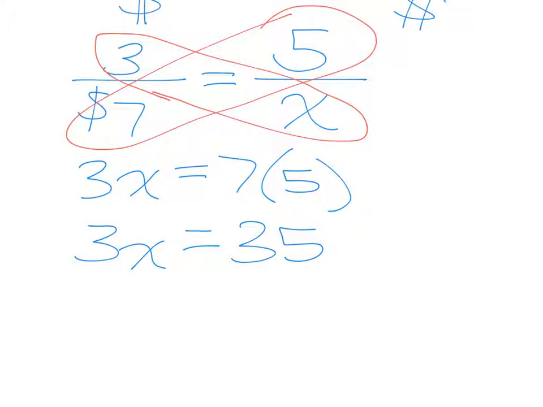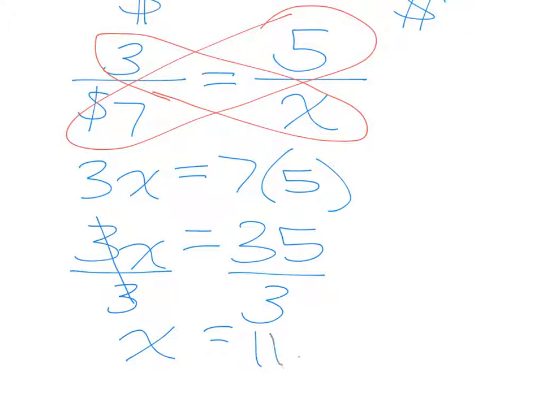I've gone another step, but I still don't have the answer because x is not alone. 3 is currently being multiplied times x, so to undo it, we would have to divide. We're going to divide both sides by 3, which leaves us with x, because 3 divided by 3 is 1, allowing them to cancel. And 35 divided by 3